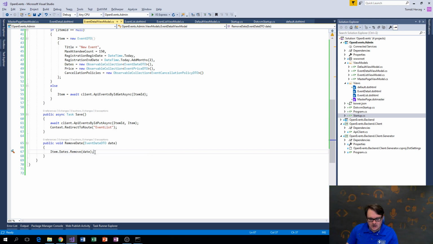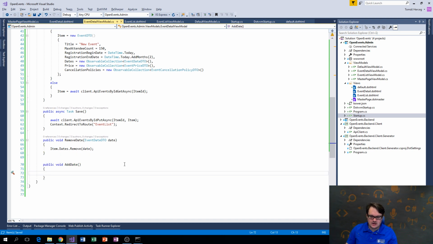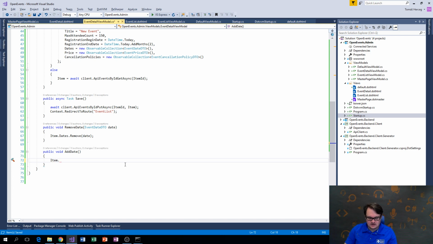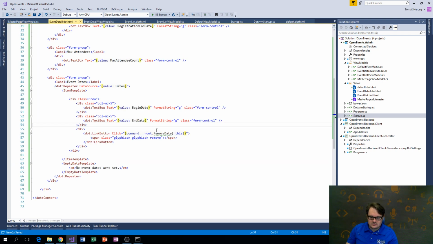So this will work. And also I need to create a function called addDate, which will add a new empty row. So item dates add new event date. And later we can do some logic that if you already have some dates there, it can just add one date to the last date you have in the row, because it's probably the next date you will want to use. So this is event detail,